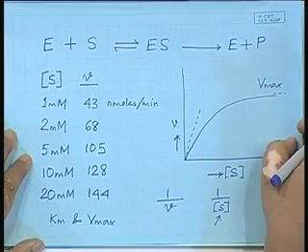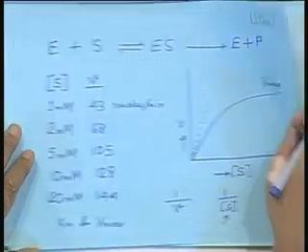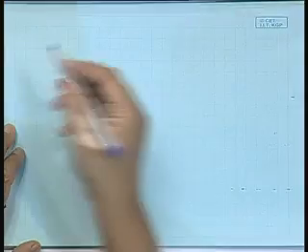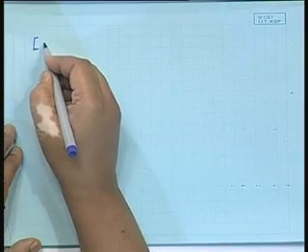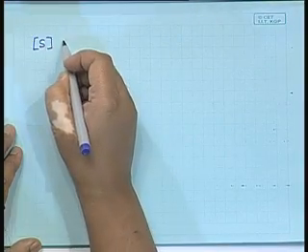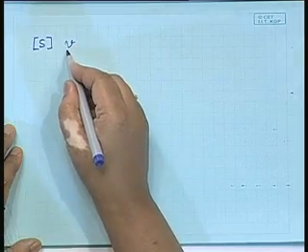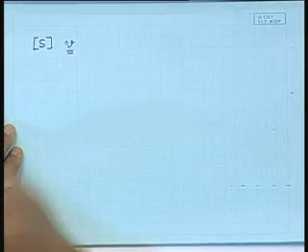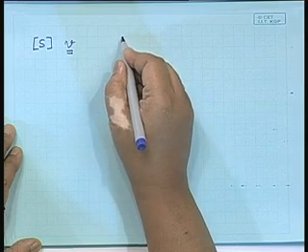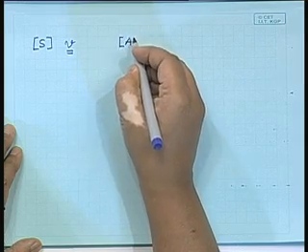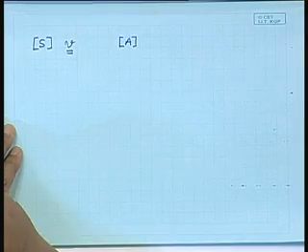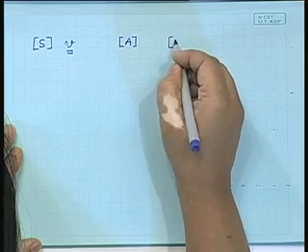Now, suppose we introduce an inhibitor here. So, we have S values, we have V values for an uninhibited enzyme. If I put in an inhibitor A and an inhibitor B,